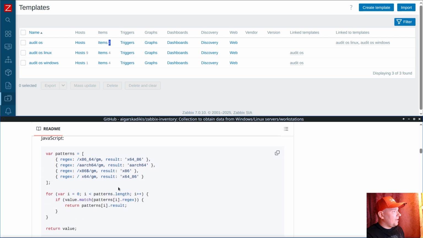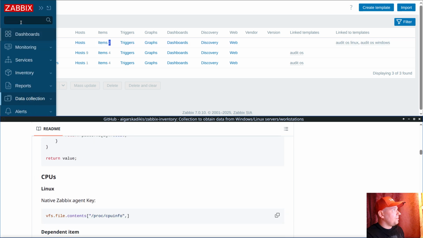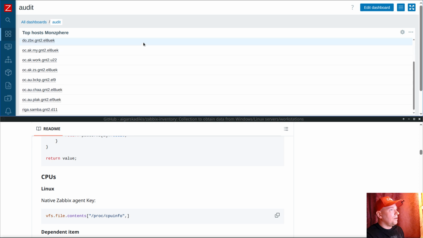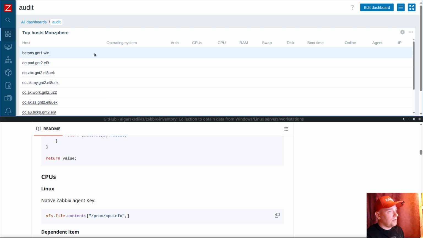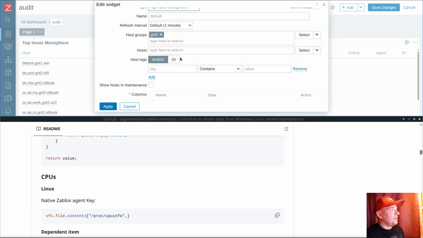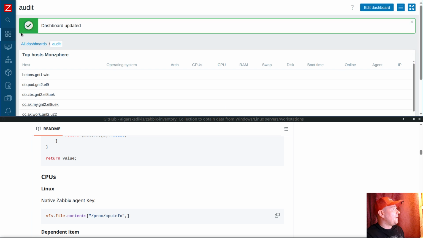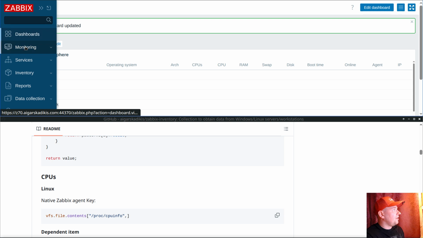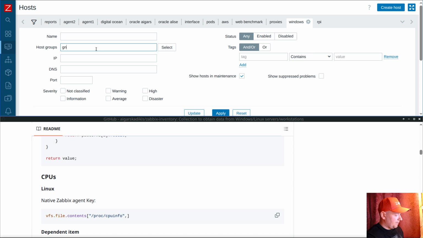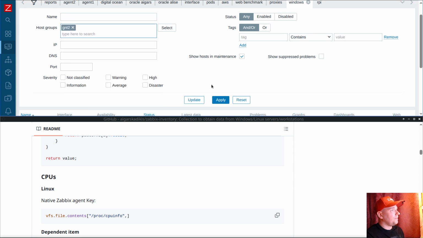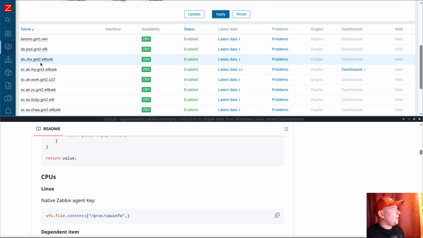Okay, let's go to the next step or check the table. Nothing is there. Okay, now welcome to the troubleshooting session. The operating system should be populated so far, and let's see what I'm targeting here. Inventory OS short, save, and when we check what kind of data actually comes, agent 2, click,